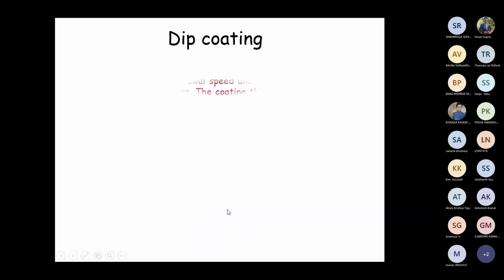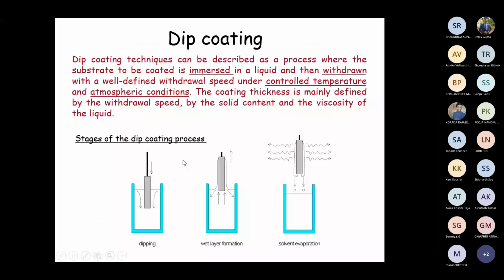Some of the coating techniques are dipping, spinning, spraying, glazing, brush painting, roller coating, screen printing. This is dip coating. This is the dipping chamber, and in a controlled way the substrate will be immersed, and then taken out again in the same controlled manner. When it is immersed in the liquid, a layer forms on the surface, and while heating, you may get a film.